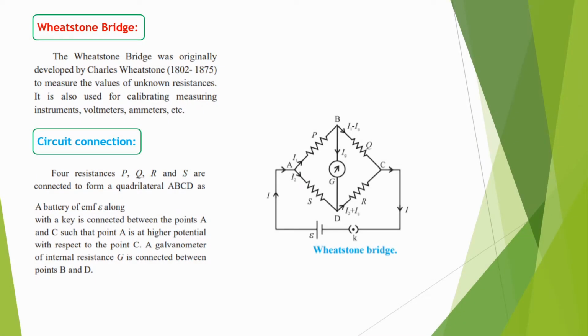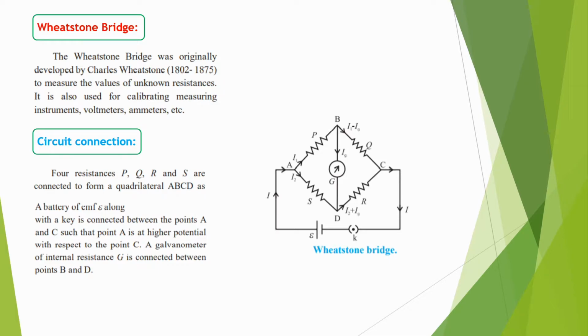In the last session we discussed Kirchhoff's laws. We know that there are two Kirchhoff's laws: Kirchhoff's first law, also called the current law, and the second, Kirchhoff's voltage law. We know that if the circuit is complicated, at that time we can use Kirchhoff's current law and Kirchhoff's voltage law. In this session, we will start from the first point, Wheatstone's bridge.